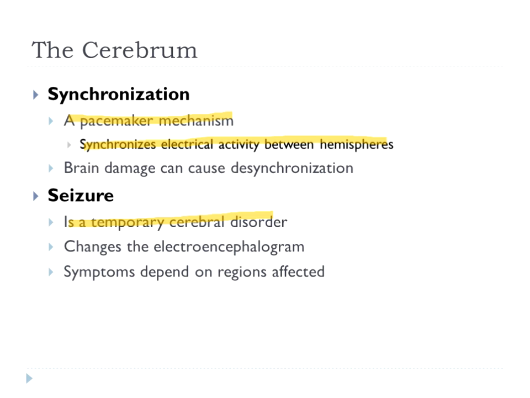Synchronization is sort of a pacemaker mechanism that helps to synchronize the activities between your left and your right hemisphere. Any type of brain damage, which can happen from either a stroke or even through multiple seizures, can damage that synchronization and cause what we call desynchronization, where the left and the right hemispheres aren't really coordinating with one another very well. So there could be something that's seen and processed completely fine on the right hemisphere, like a face. They may recognize it completely fine, but then they're not able to send that information over to the left hemisphere to say, hey, that is my best friend Anne, or whatever.